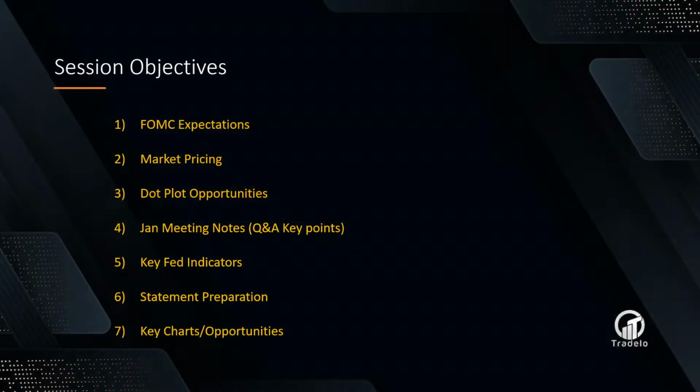Let's get stuck straight into it. We're going to start off and talk a little bit about today, what to expect in the session. We're going to go through some of the expectations for the meeting. We'll talk a lot about pricing and what the market's thinking is into this meeting. We'll then move on to the dot plots, talk a little bit about dot plots. Of course, go through the January minutes and have a look what was key there, as well as what Fed Powell said recently in March. We'll look at some key indicators, key economic data, the statement, etc., and then some of the key tradable opportunities